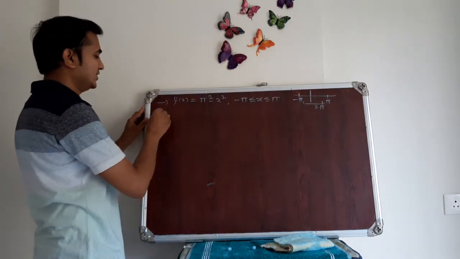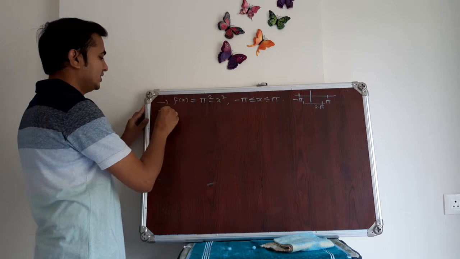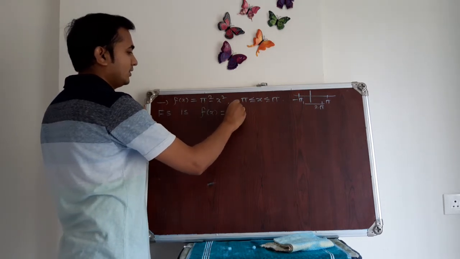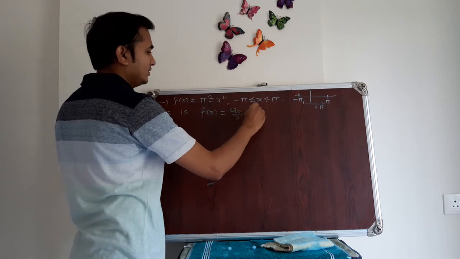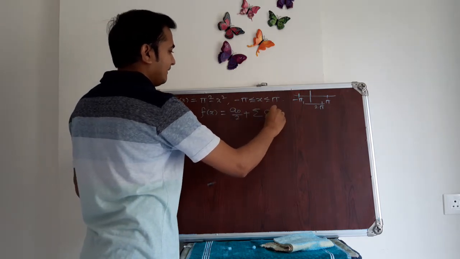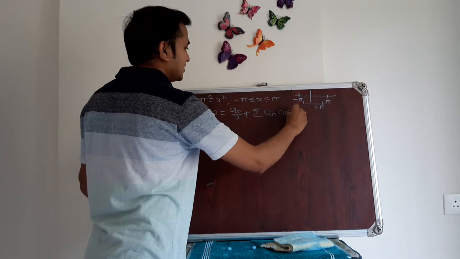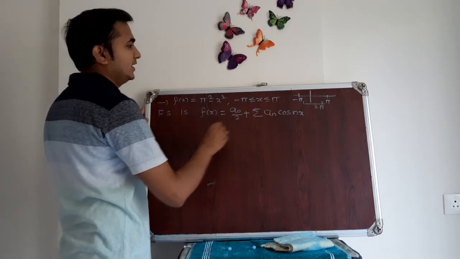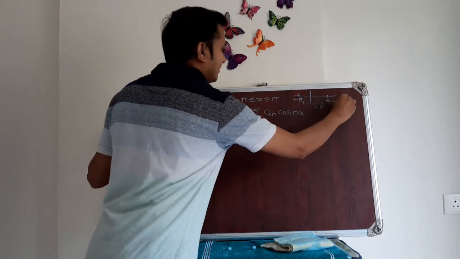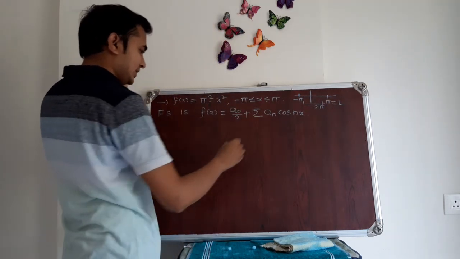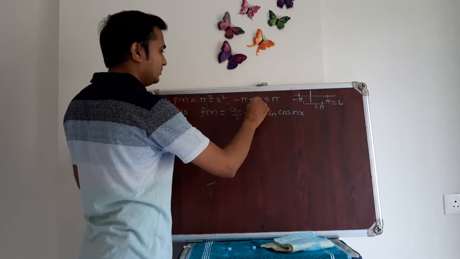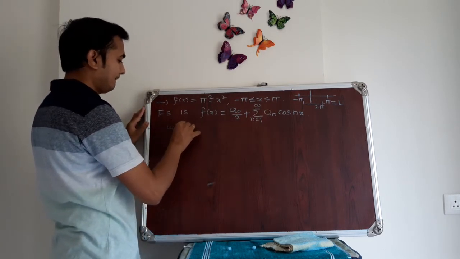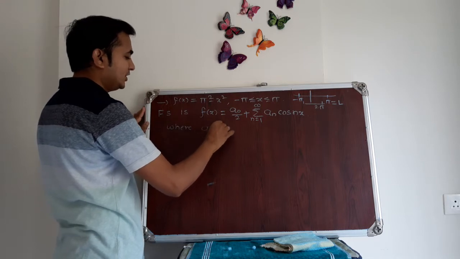So its Fourier series is f of x is equal to a naught by 2 plus summation an cos nx, because L is pi, running from 1 to infinity, where a naught is